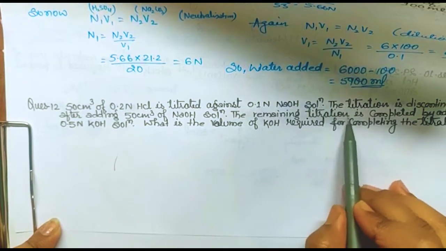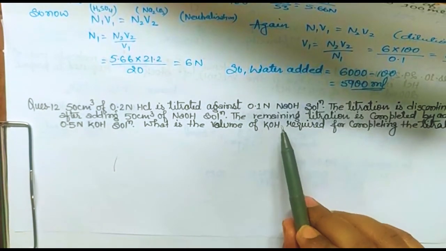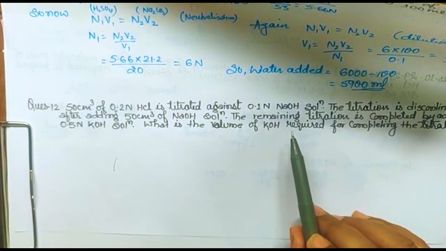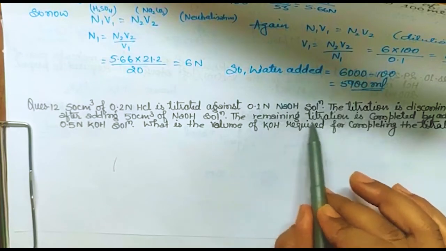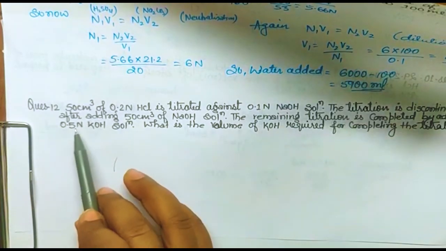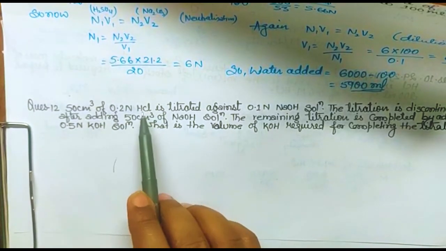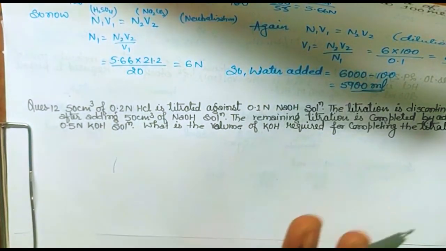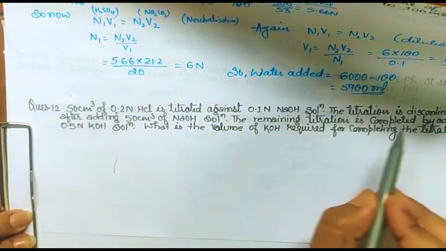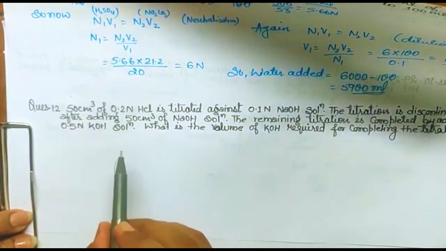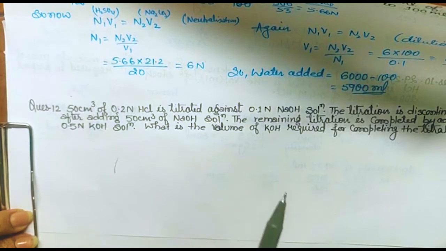The remaining titration, कुछ पार्ट बच गया होगा, तो वो पार्ट हमें निकालना कि क्या बचा. Got it? And that is going to, जब हमने उसको टाइट्रेट कराया, the remaining titration is completed by adding 0.5 N KOH. See, this is base, and this one is acid and this one is base. So it is quite clear कि जो ऊपर वाला रिएक्शन हुआ होगा उसमें जो बचा है, जो डिसकंटिन्यू हुआ है, that is the acid part, तभी वो बेस से रिएक्ट कर रहा है. Are you getting it? So हर हाल में आपका HCl का पार्ट बचा हुआ होना चाहिए.